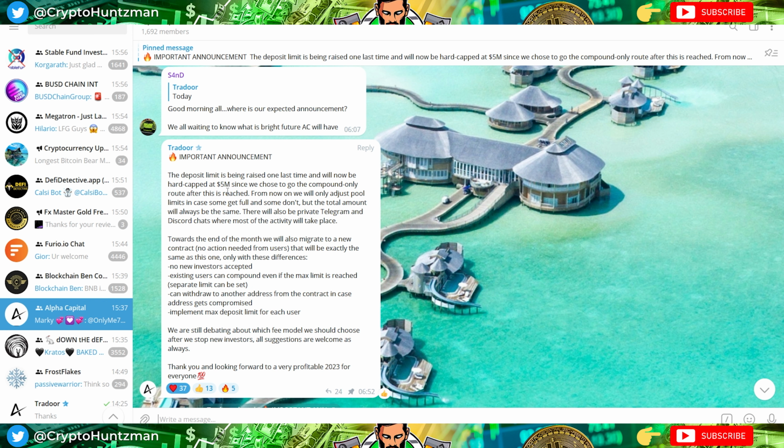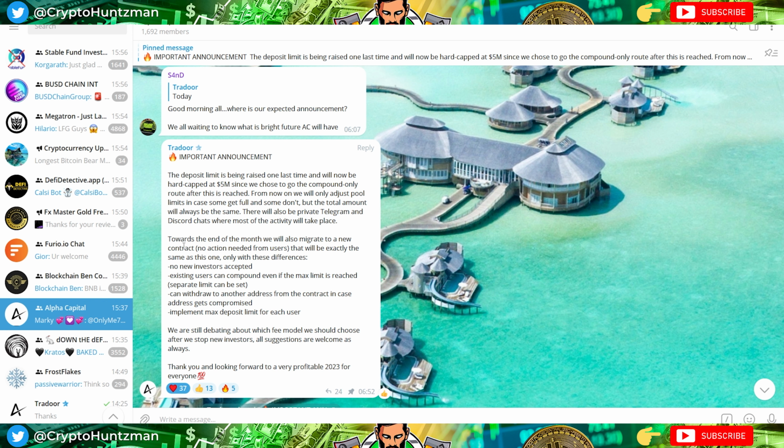I like this approach anyway, because I think it's a bit more sustainable over the longer term, and it's not a case of keep increasing it so that they're eventually trading with large amounts of money. Obviously 5 million is a large amount, but if we're getting to 20s and 30s and 40 millions, then it probably adds a lot more pressure. I think it can be more sustainable sticking at around 5 million and compounding for the current investors, and it'll be a great benefit towards the whole project in general.